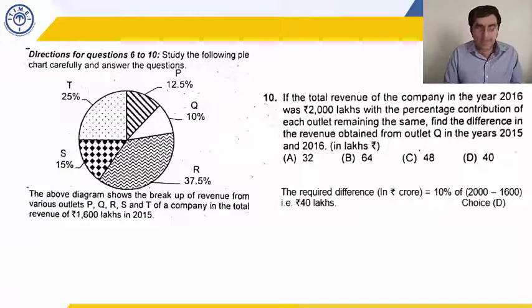Okay. So in today's class, we have looked at an introduction to pie charts. What is it? What does it look like? How is it represented? The sectors may be given in percentages or in degrees. We learned how to convert percentages to degrees or degrees to percentages. This can be done by multiplying by 100 by 360 or 360 by 100, or in a simpler way: 10% is 36 degree, 5% is 18 degree, 2.5% is 9 degree. So quickly you can find out what corresponds to which value.